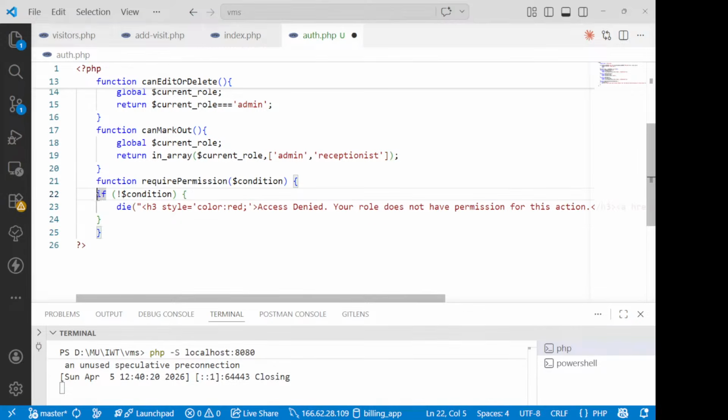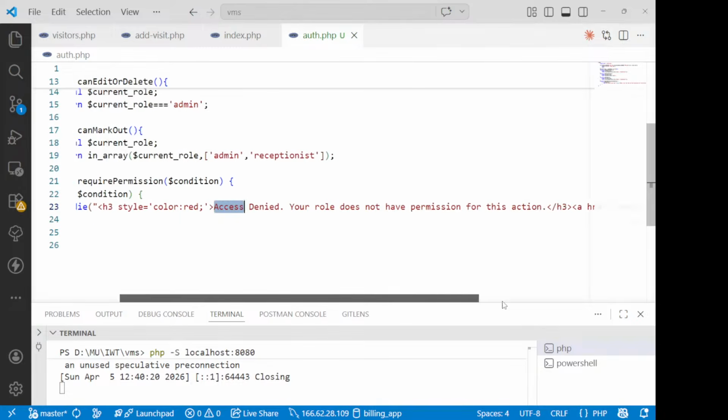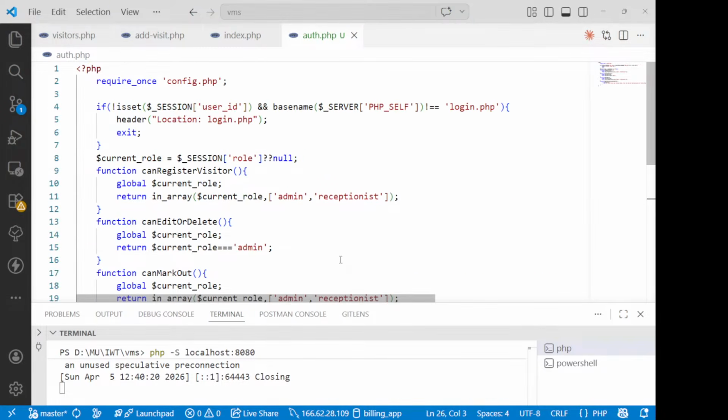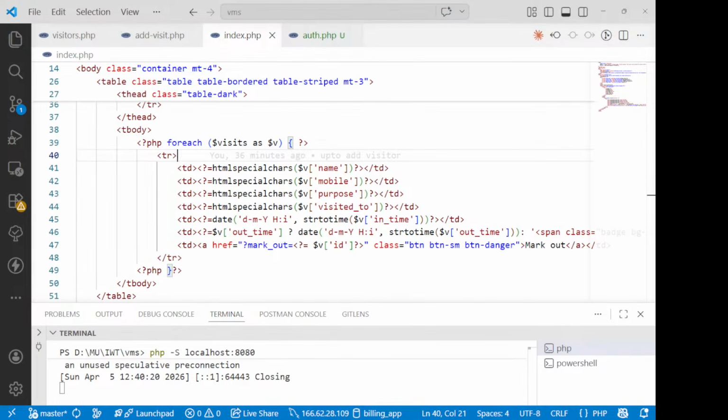क्या कर रहे हैं हम लोग यहाँ पर कि अपनी कंडीशन पास करें, कंडीशन अगर नहीं है तो उसमें लिखना डाई एंड विद द पर्टिकुलर थिंग एक्सेप्ट डिनाइड, योर रोल डज नॉट हैव परमिशन फॉर दिस पर्टिकुलर एक्शन। अगर बाय डिफॉल्ट बाय मिस्टेक उसको कॉल हो गया है तो ये हमने एक ऑथ बनाया। अब इस ऑथ को हमें यूज करना है हर जगह पे। जैसे कि मैं इस ऑथ को लेके चलूंगा पहले, सबसे पहले आपके इंडेक्स पे। इंडेक्स जो आपका है उसके अंदर आपने क्या करना है,